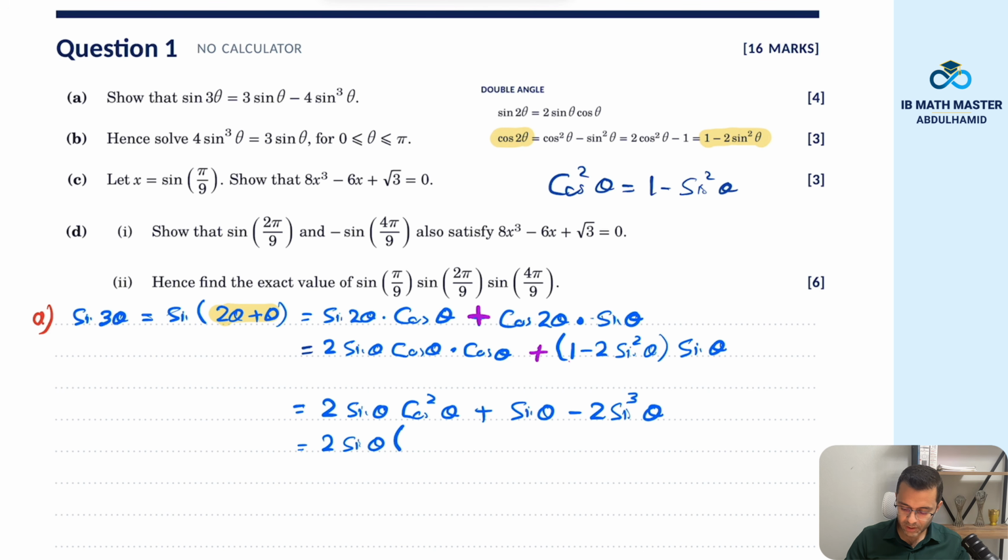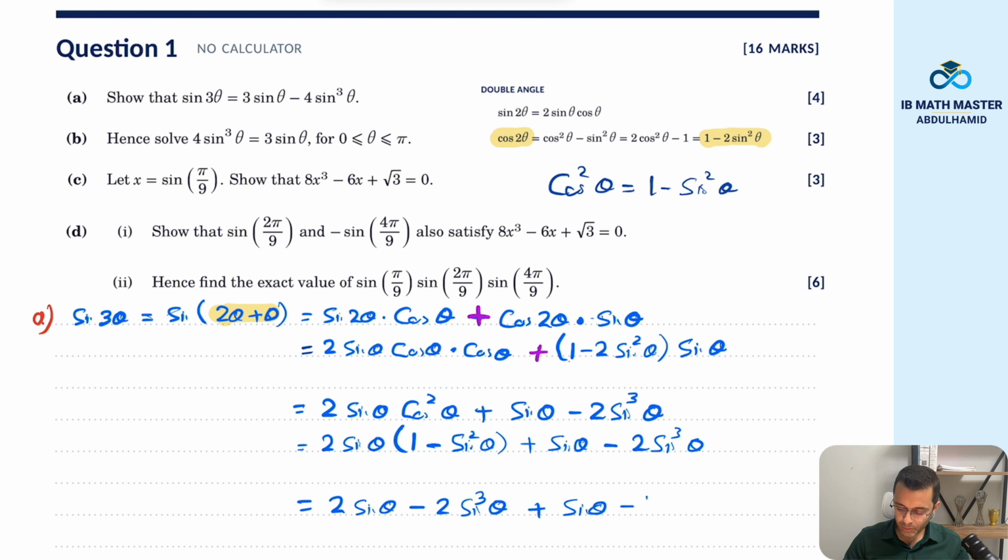I will replace the cosine squared by 1 minus sine squared theta plus sine theta as it is, then minus 2 sine cubed as it is. Then expand the bracket. 2 sine theta by 1 will be 2 sine theta. 2 sine by sine squared will be 2 sine cubed theta. Then plus sine as it is, minus 2 sine cubed